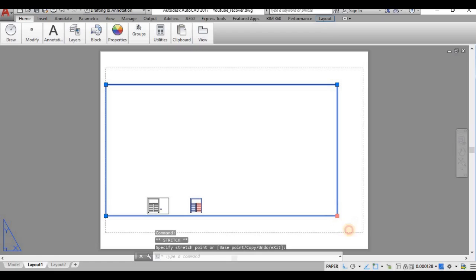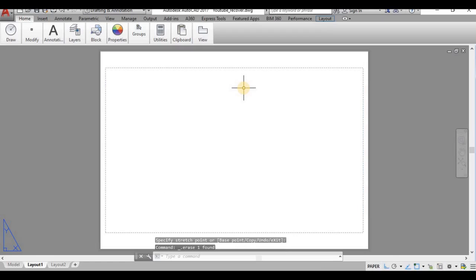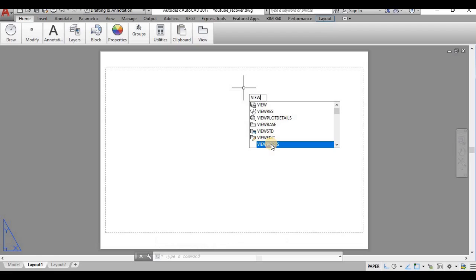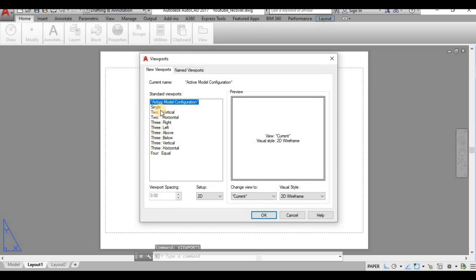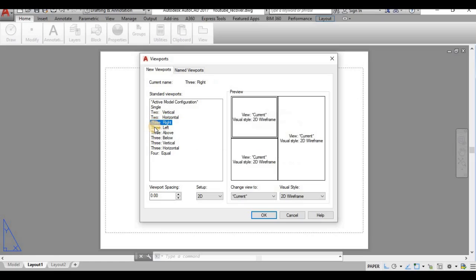Viewport is one of the commands. We can create a number of viewports. I shall delete this and create a viewport. It is the viewport command. There are different types of viewports: single, two vertical, two horizontal, right, left, three parts, four parts, four equal parts.